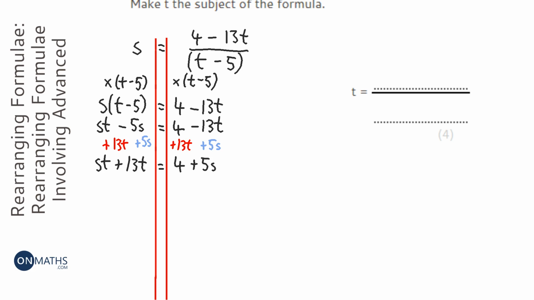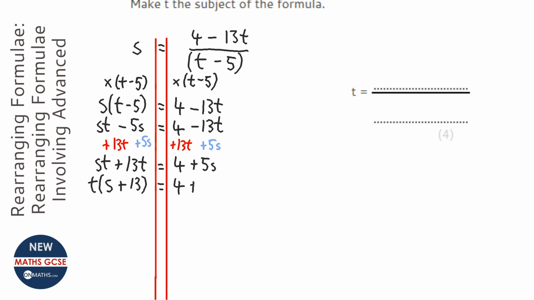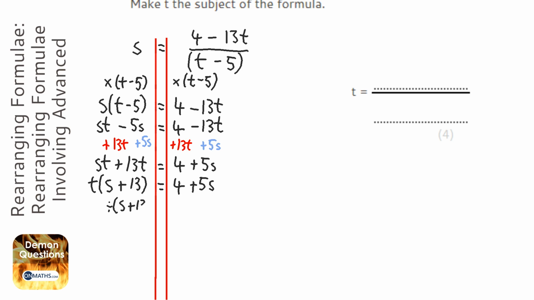Now, to get those two t's together and make it a single t, all I need to do on the left hand side is factorise it. So I'm going to bring the t out, and it leaves s plus 13, and the right hand side I haven't really done anything with. Then I need to divide both sides by that bracket to get rid of it. So I'm going to divide both sides by s plus 13,